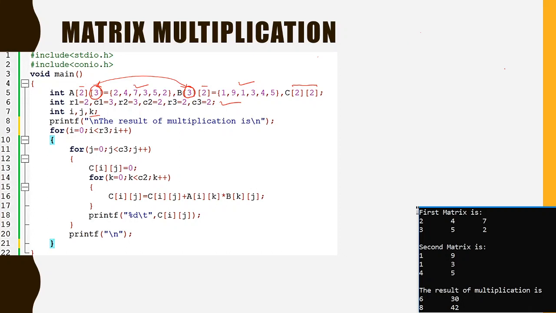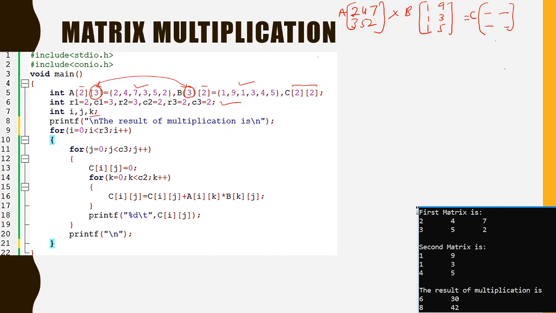Okay, so let me explain this particular example with the help of indexes. The matrix is 2, 4, 7 and 3, 5, 2. This is your A matrix, and this will be crossed by the B matrix. B matrix is simply 1, 1, 1, 1, 4, 1, 1, 4 and 9, 3, 5, right? And we want to get the C matrix, and it would be of size 2 cross 2.